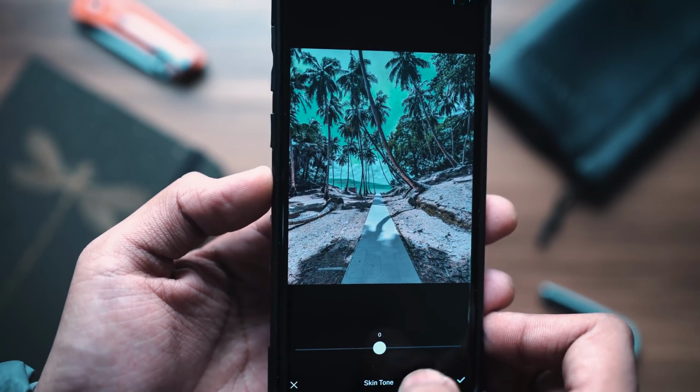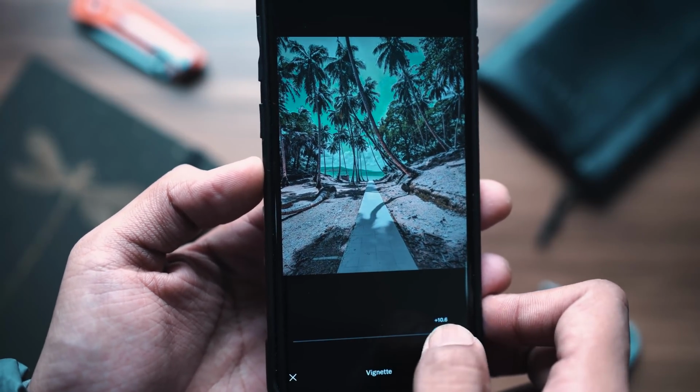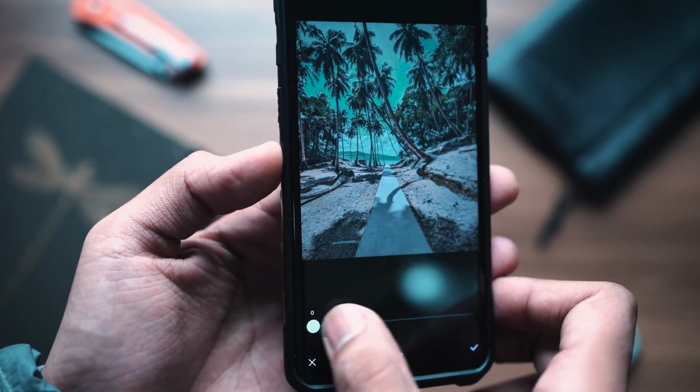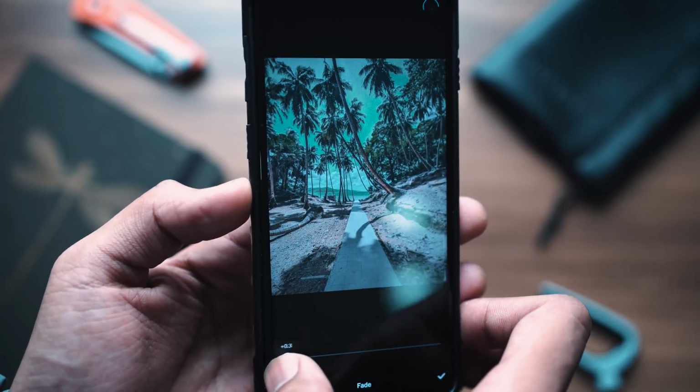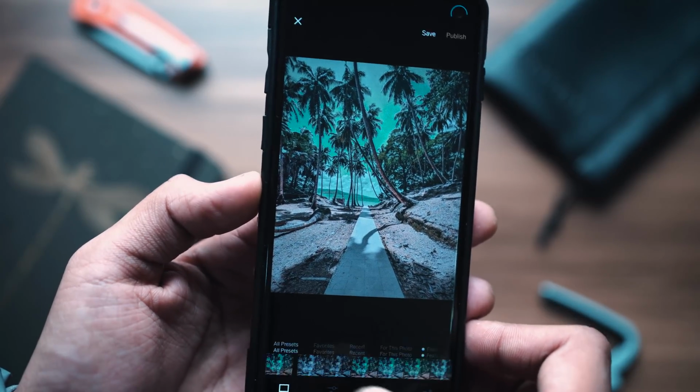You can also configure things such as skin tones and add vignettes in case they are present in your photo, and a little bit of grain never hurt anybody. And you've also got something called fade, which lets you add this faded filter effect. Now all in all, it's a very good application, and once you're done with the adjustment section, you can go